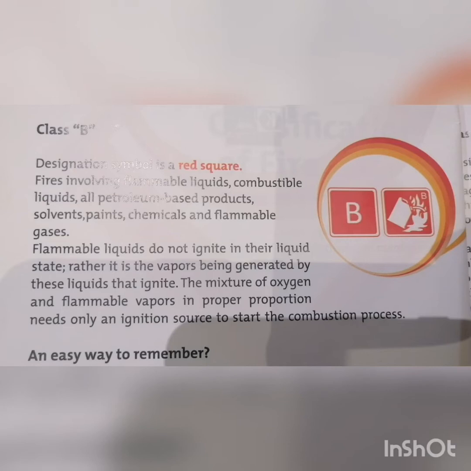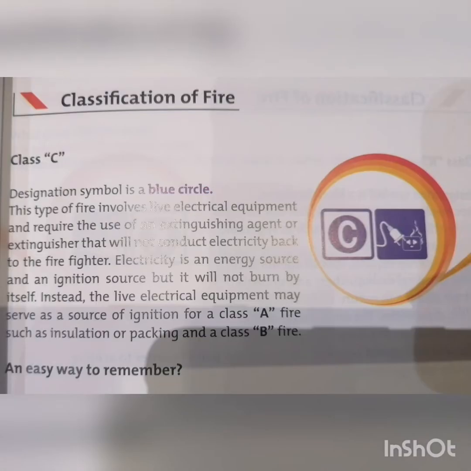Then you have the Class C fire. The Class C fire symbol is blue in color. This type of fire involves electrical equipment. These are fires that electrical equipment produces, let's say like a spark. This one can also be put out by an extinguisher. This type of fire, the Class C fire,